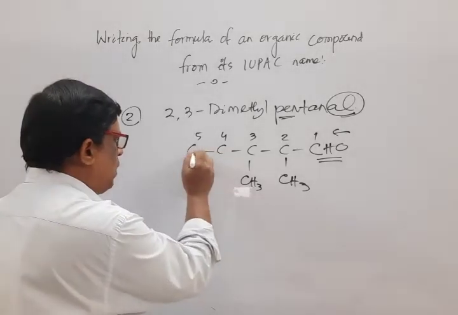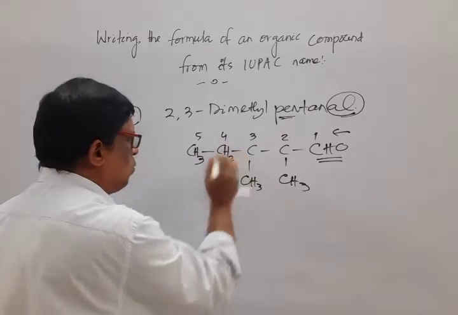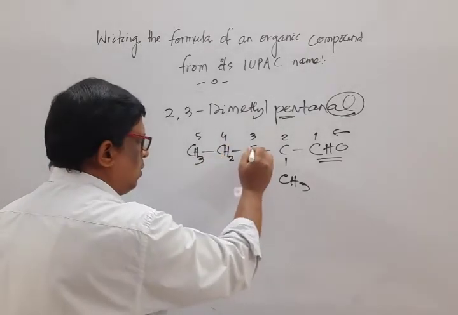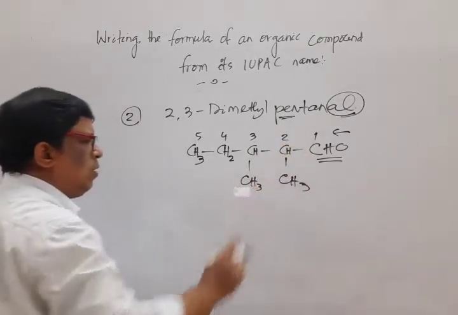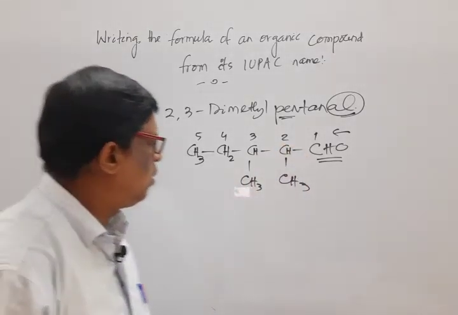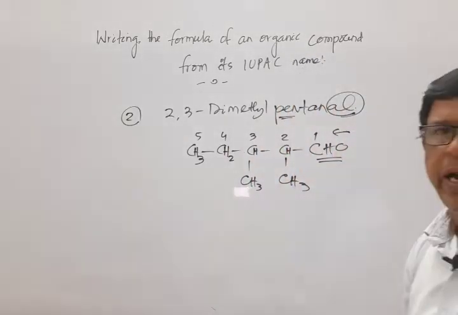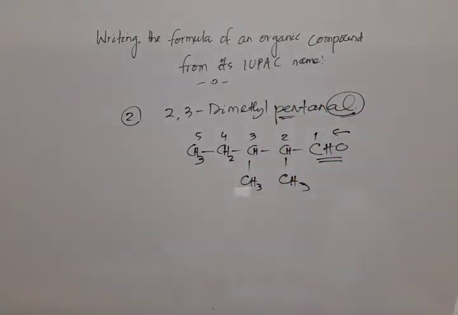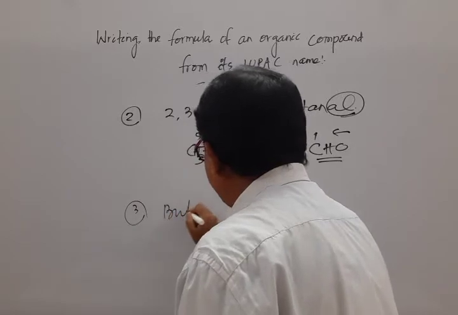Here 1 bond is there, I insert 3 hydrogen. 2 bonds are there, insert 2 hydrogen. 1, 2, 3, 1 hydrogen. Now, this is the formula for, mark that, 2,3-dimethyl pentanal. Then move to another one, that is but